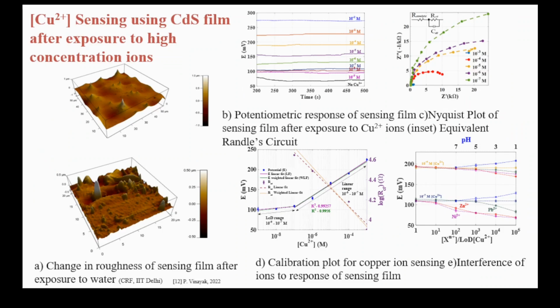The next setup that we have done was for copper ion sensing using a cadmium sulfide film. In that case we used a chemical bath deposited CdS film over a gold electrode, which was our working electrode. We used a 3 electrode system and took the potentiometric measurement. In some cases the potentiometric measurement was not getting repeated. I have already mentioned that the electrolyte concentration we were using, the conductance of that electrolyte, was not appropriate, and we got that as the response of an EIS measurement that we took initially. But once we sorted this out, we see that in this case